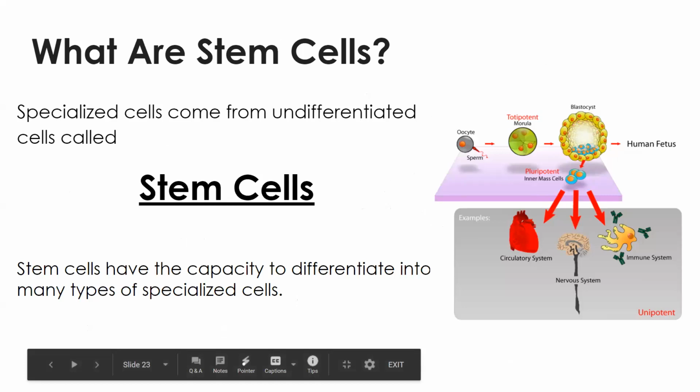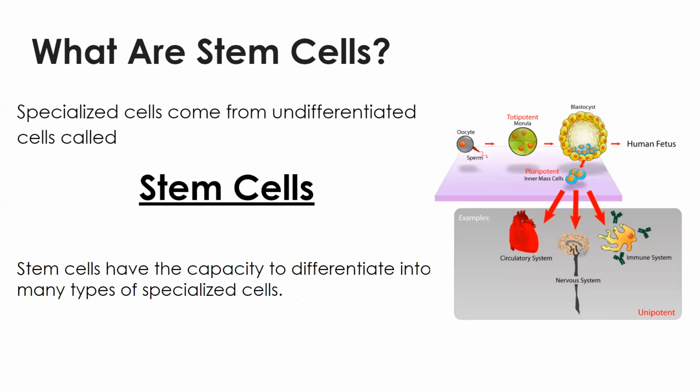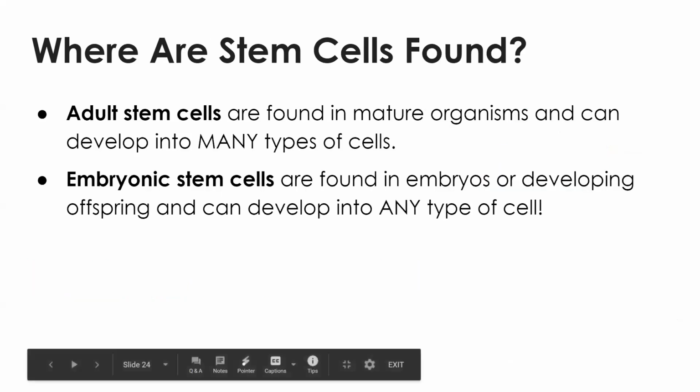So then what are stem cells? How do we get to a nerve cell? How do they know what part of the DNA to read? Well, specialized cells actually come from undifferentiated cells called stem cells. So your nerve cells and your skin cells and your muscle cells all used to be unspecialized. It was when the chef gave them their cookbook that they started to read what they needed to. Stem cells have the capacity to differentiate into many different types of cells. That's why stem cells are so important.